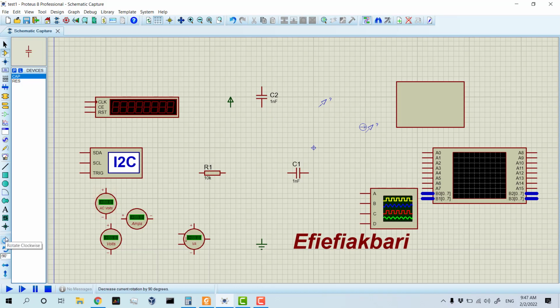Just 90, minus 90, minus 180, minus and positive 270, and 0. These were all the necessary and important menus which are in the Proteus application,